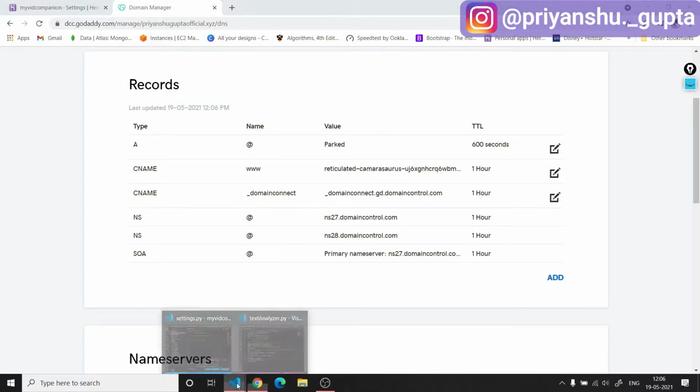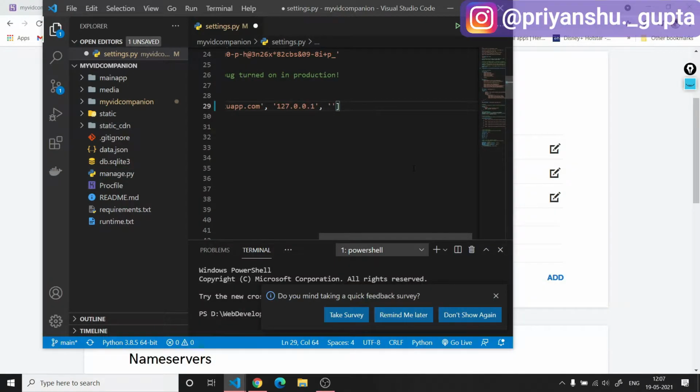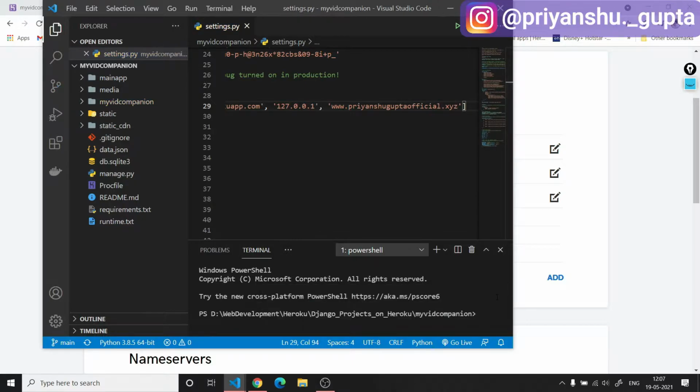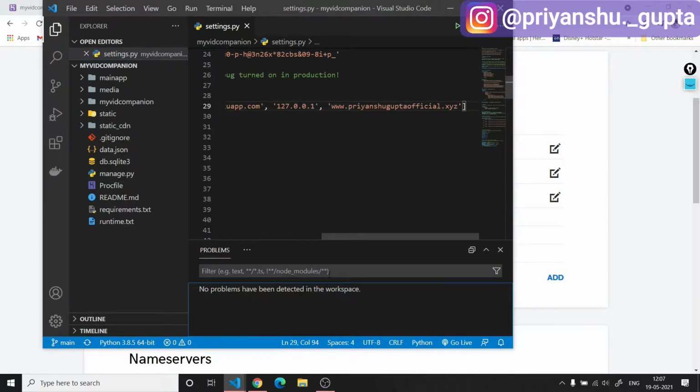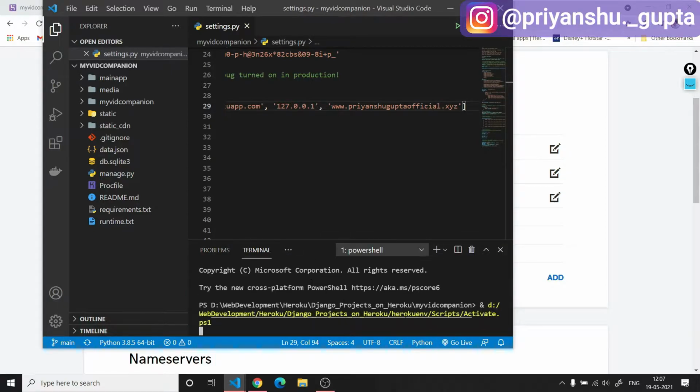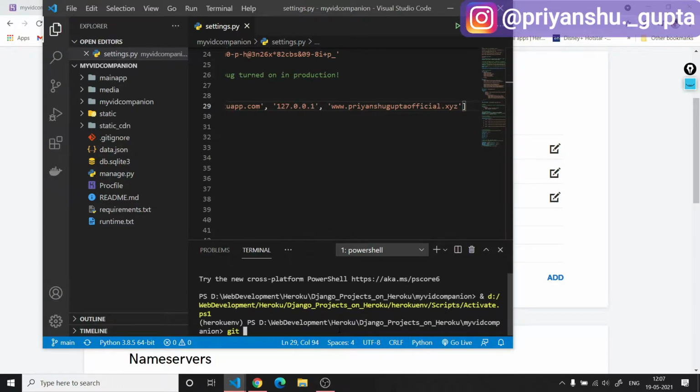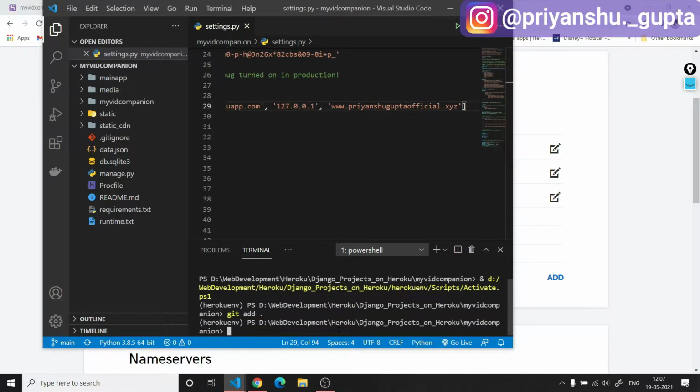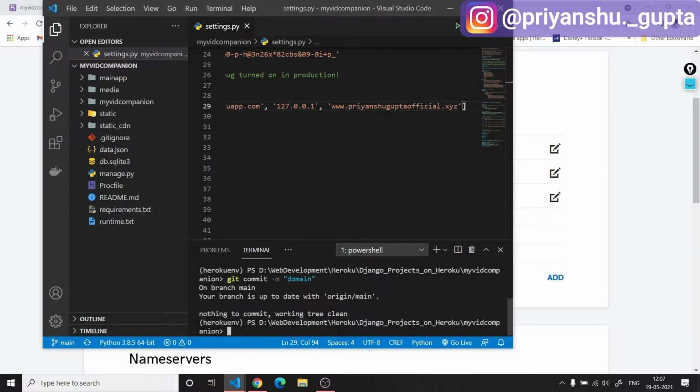So let's add that. www.priyanshuguptaofficial.xyz, Control S to save, and we will have to push this to our GitHub repository. git add dot, and then git commit -m domain, git push -u origin.